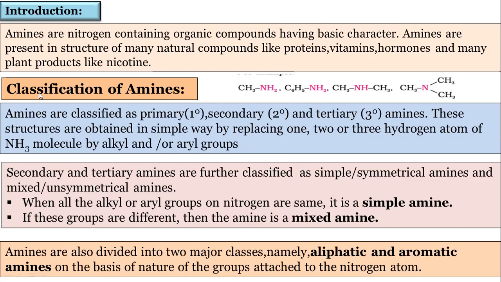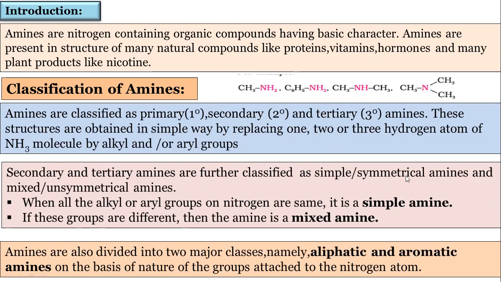So you must know the classification of primary, secondary and tertiary amines. This is based upon the number of groups which are attached to the NH2. If one alkyl group is there, it is primary. If two alkyl groups are there, it is secondary, and if three alkyl groups are there, it is tertiary. So again, the secondary and tertiary amines are further classified